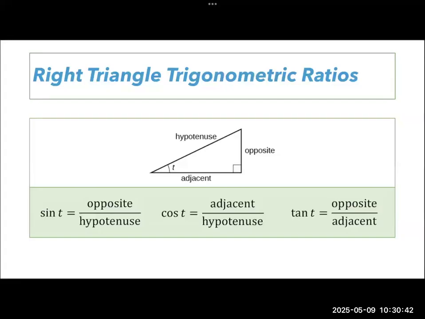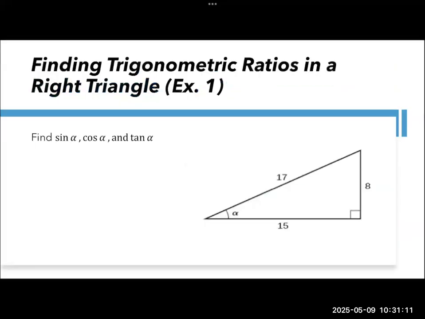And so the sine of that angle T is simply the ratio of the opposite side over the hypotenuse. The cosine of that angle T is the adjacent side over the hypotenuse. And then the tangent of that angle T is the opposite side over the adjacent side. So sine, cosine, and tangent are just shorthand to let us know which ratio of sides we're talking about. So if you are asked to find the sine, cosine, and tangent in a right triangle, that's what you're looking